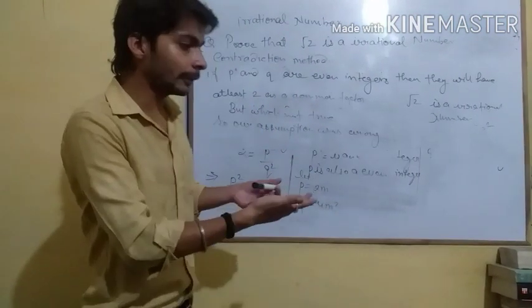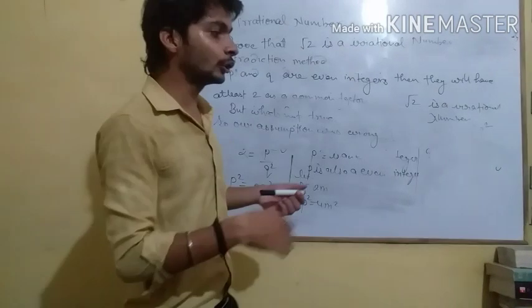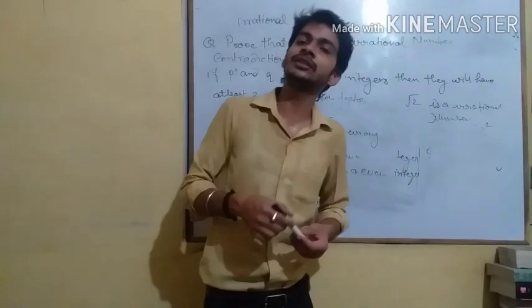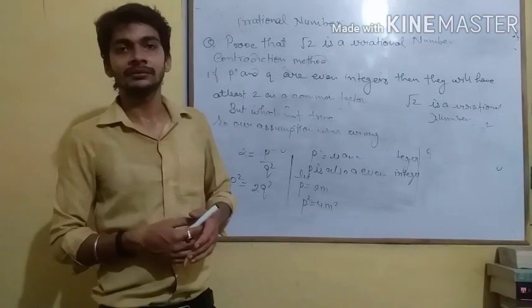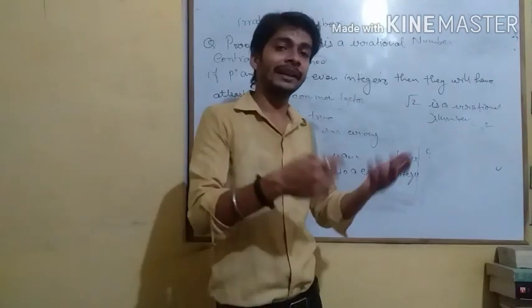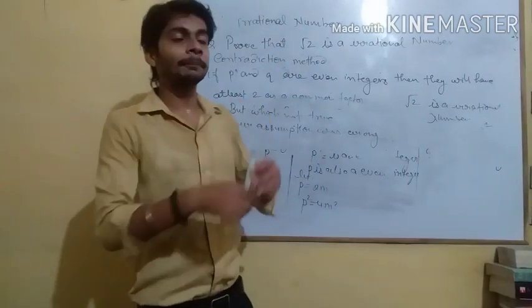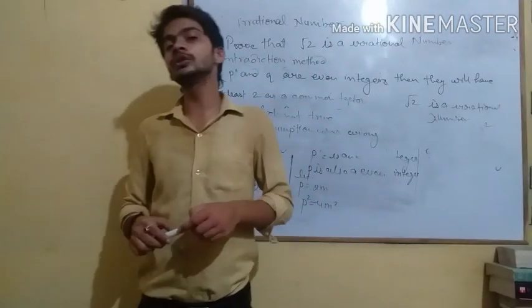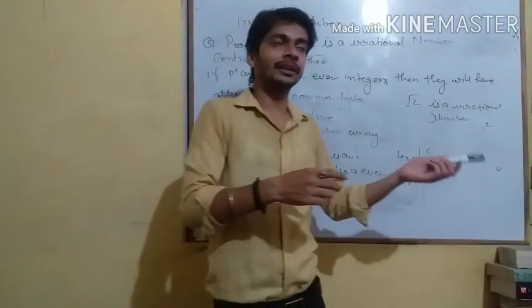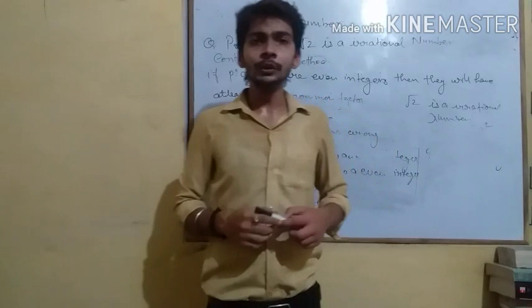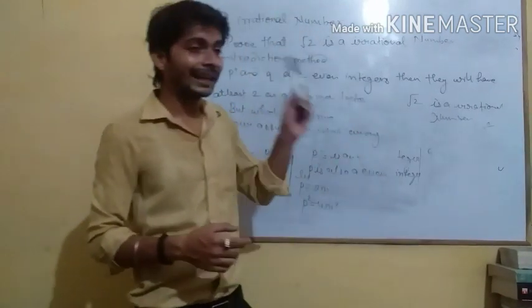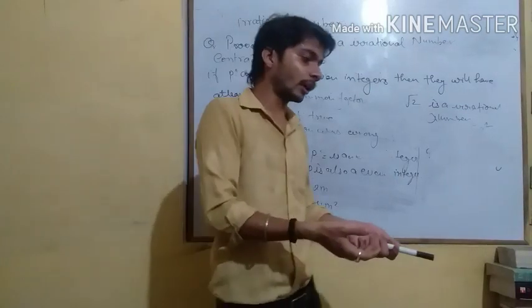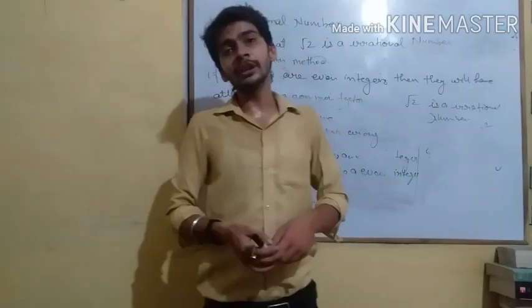Because of the multiple of 2 in the q square, we can say that 2q square is an even integer. If 2q square is an even integer, it means p square is also an even integer. I can let p square be equal to 2m, and we square it and we get 4m square. In the place of p square equal to 2q square, we put 4m square is equal to 2q square. Solving that, we get 2m square is equal to q square. It shows that 2m square is also an even integer. If 2m square is an even integer, then q square is also an even integer.